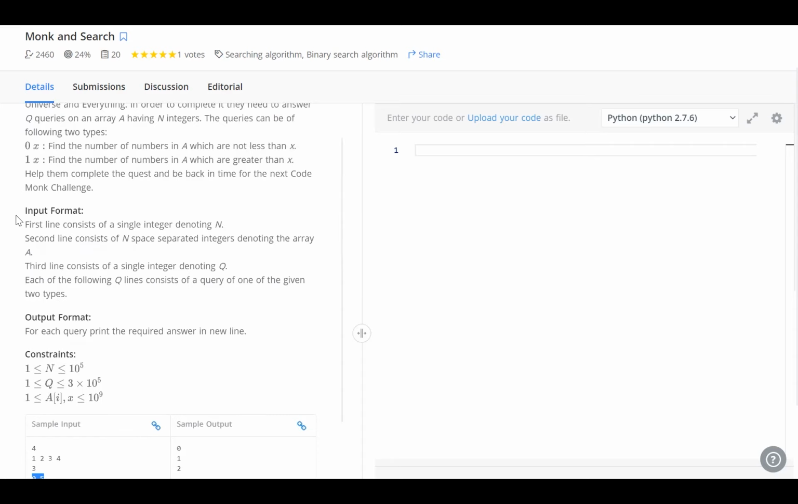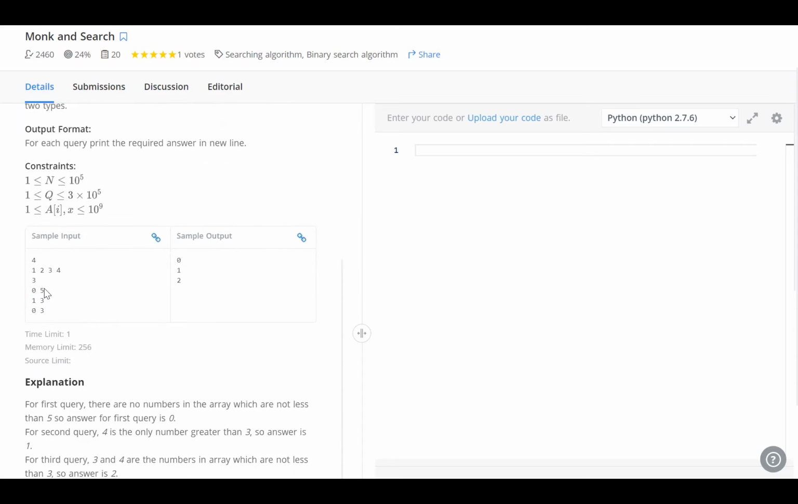0 followed by a number means that we've got to count how many elements in that array are greater than or equal to that number. So 0, 5 means we've got to count how many elements in this array are greater than or equal to 5. 1 followed by a number indicates that we've got to count the number of elements in the array that are greater than the number. So 1, 3 means we've got to count the number of elements in this array that are greater than 3,